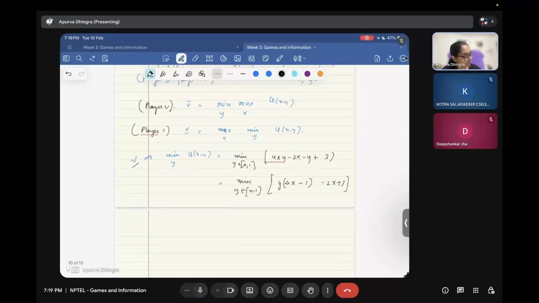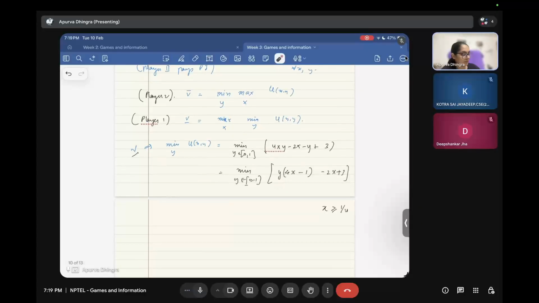So if x is greater than or equal to 1/4, in that case this would be positive, and since we are minimizing, we would take y to be